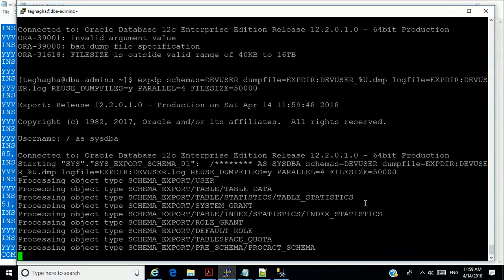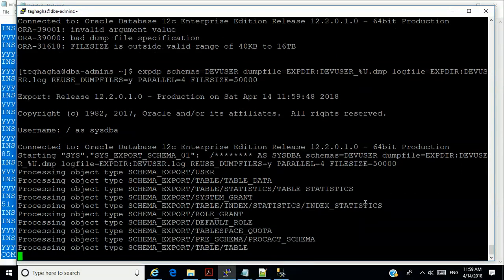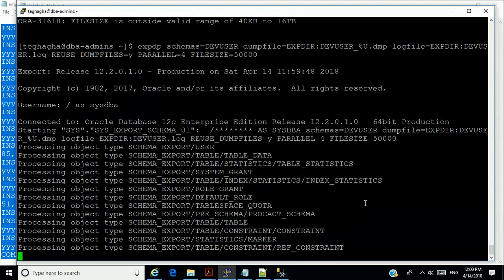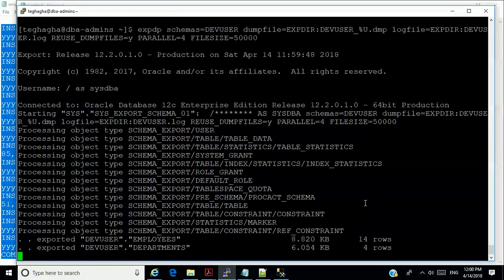But actually, it's not going to work here much because I think our database, the schema, is quite small.